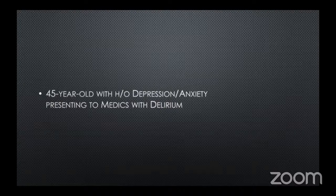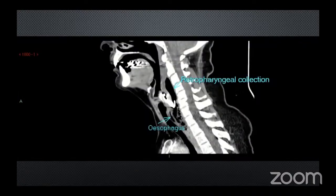So let's look at now a 45-year-old with a history of depression and anxiety who presented to the general medics with delirium. She had a CT scan of her head looking for sources of delirium, and localizing imaging on the CT picked up a foreign body in the cricopharyngeus. This was thought to be a double picture hook